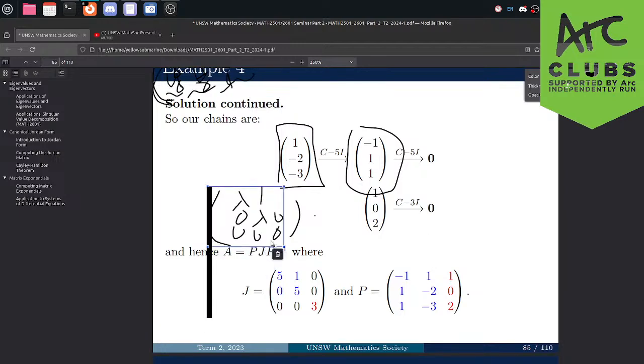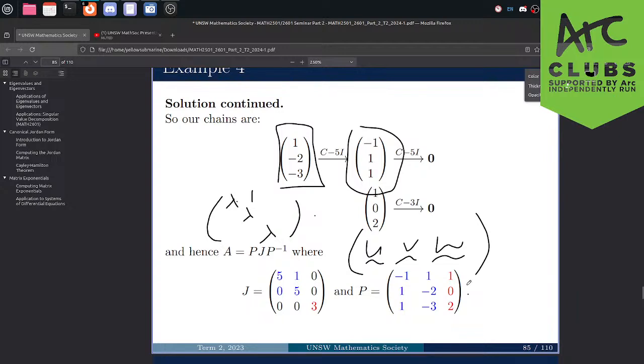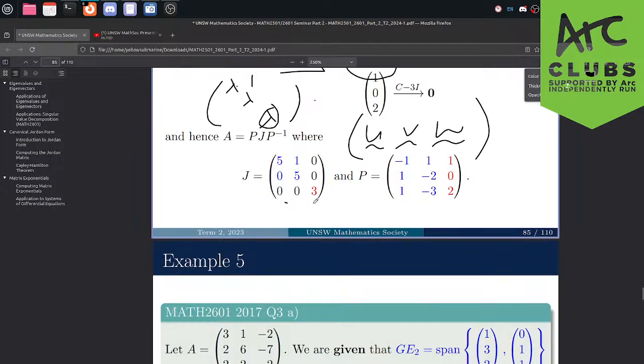Okay, I don't know why this is not cooperating. It's all getting stuck here. Okay, that's what J looks like, and P looks like U, V, one Jordan chain, and W as the Jordan chain for this. Cool. But we don't have to do that, we just get this here.